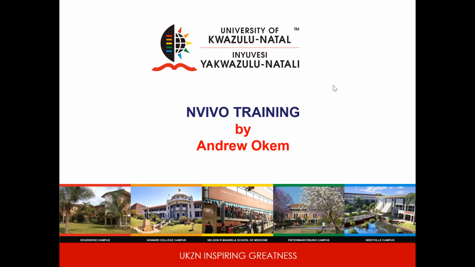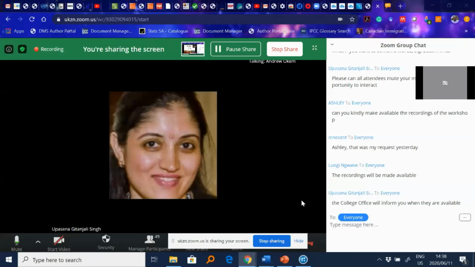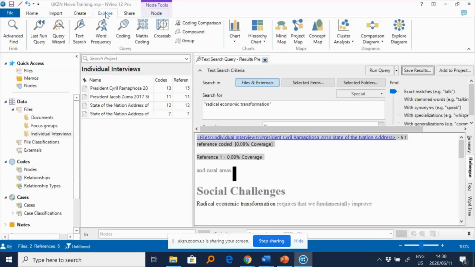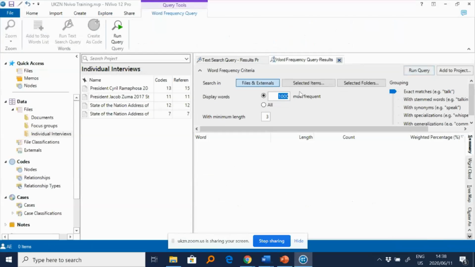Okay, so she's talking about, if I understand correctly, the first thing that we did, which was the word frequency. Unfortunately, it's set by the computer.